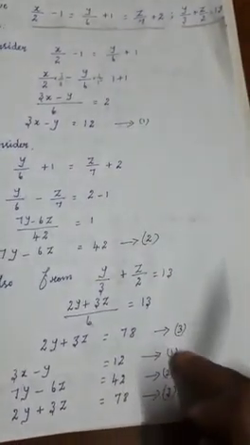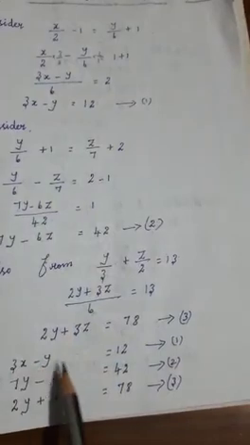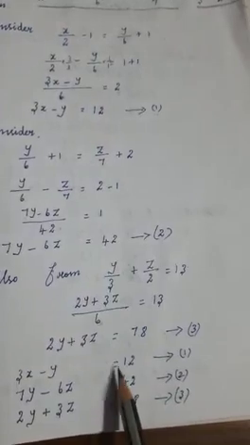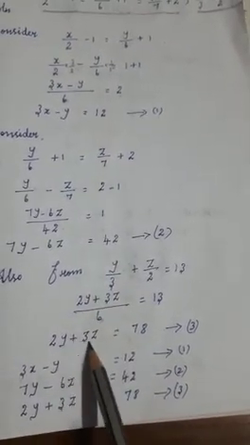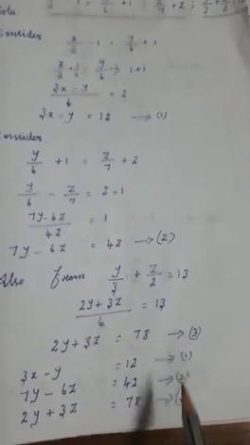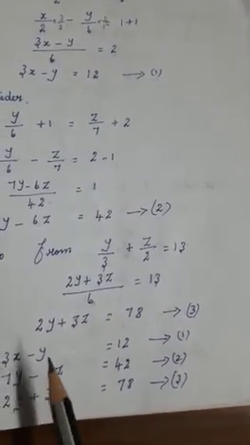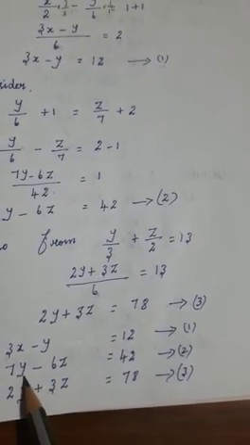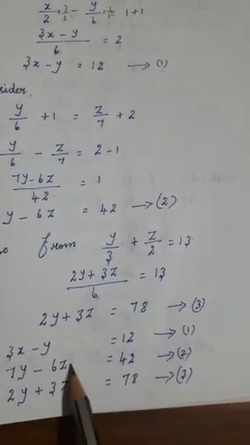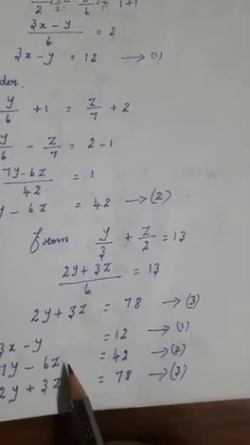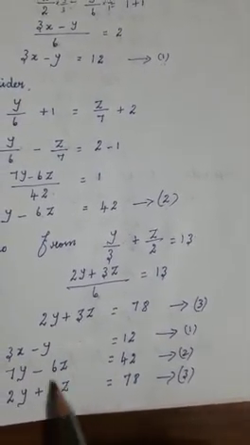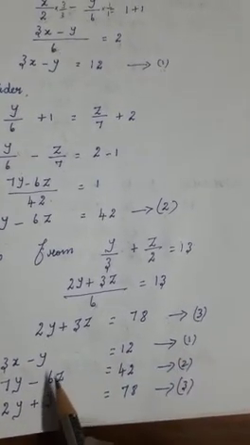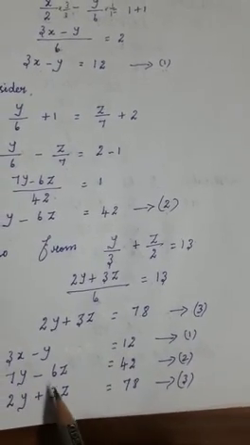All the 3 equations together you can write. Okay, so now 3x minus y is equal to 12. That is the first equation. The next equation, 7y minus 6z is equal to 42. That is the second equation. Third equation, that is 2y plus 3z is equal to 78. That is the third equation. Now we need the x, y and z values. So which is easy to choose now. See, the same variables: here also y, here y and z, here also y and z. So easily you can solve: if the coefficient of any variable is made the same, you can eliminate that variable. After that you will get the answer for another variable.